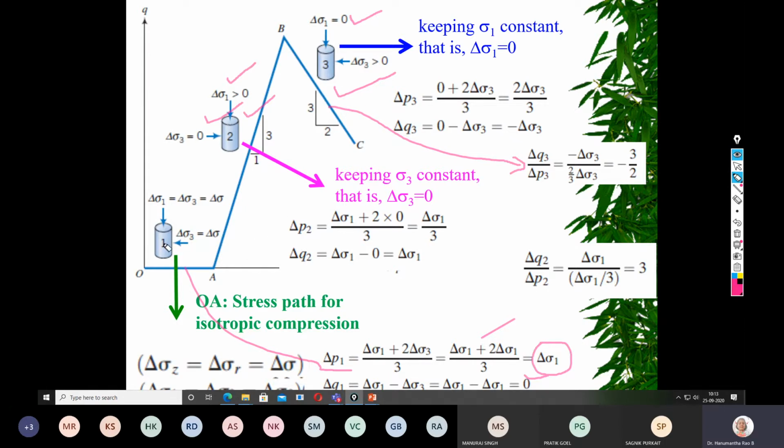When the sample is subjected to isotropic condition, how does the stress follow? And what happens if you increase only sigma 1 by keeping sigma 3 constant, and if you increase only sigma 3 by keeping sigma 1 constant? So I have a small question here. If you look carefully at isotropic compression, for any amount of load where sigma 3 and sigma 1 are equal, will the sample fail at some point, or will it keep on taking the load infinitely?